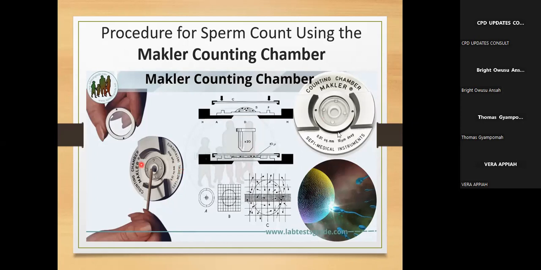I hope my point is clear. So once you have put in your sample, this special cover slip is put in place. Then you put it under the microscope, and then you use the times 20. You are going to see the cells here, the sperm cells here,